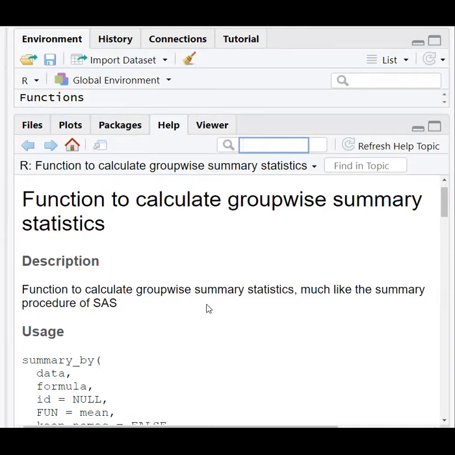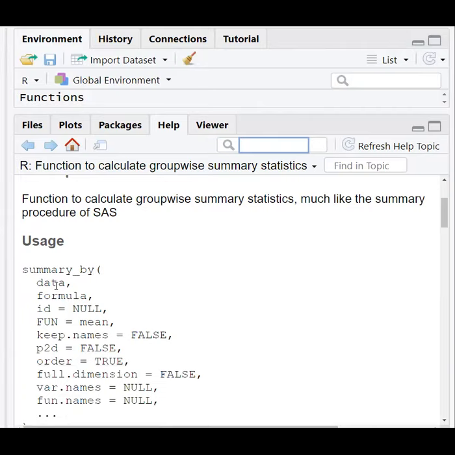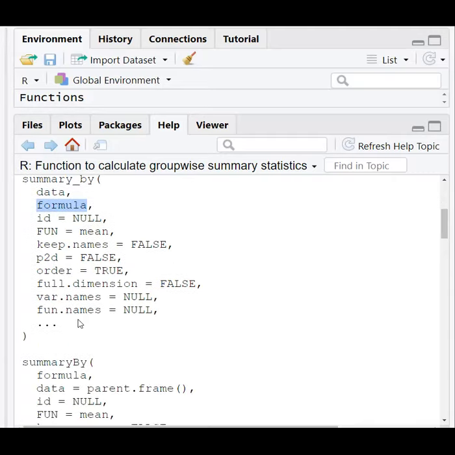We have to print the summary based on the age category, so each entry will be grouped based on the age category value. We will have such categories, and a group-wise summary can be printed. For its usage, look at this: we pass the data, the formula, and the function to call. This is the example.